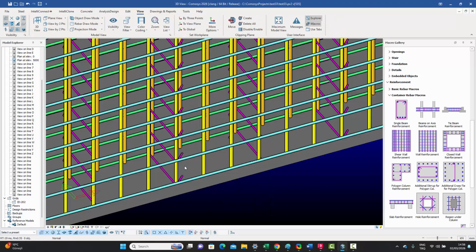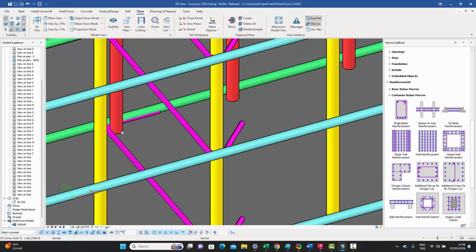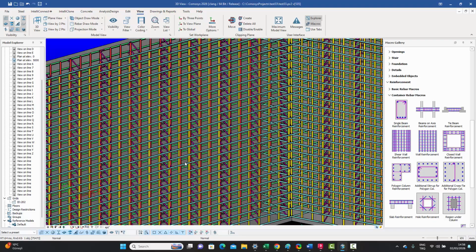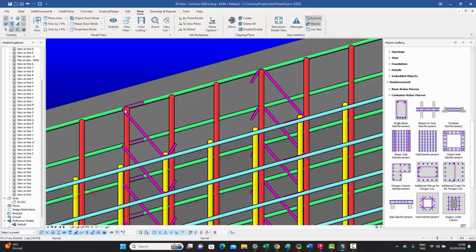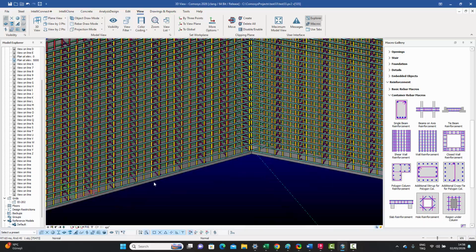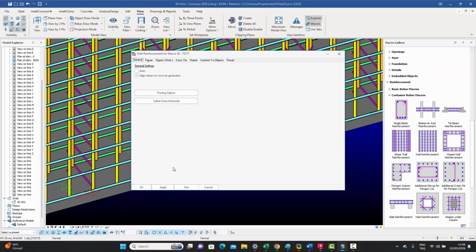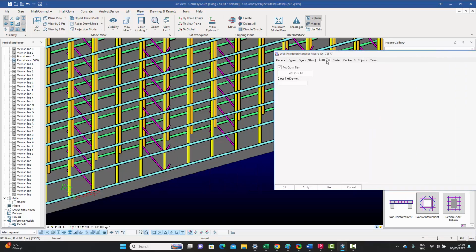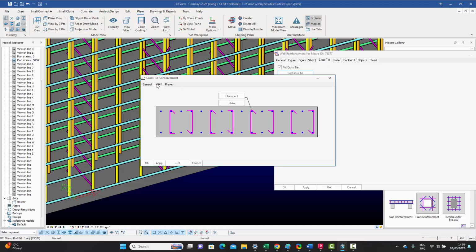If you notice from this particular view, you can see that the cross ties are starting right at the bottom of these longitudinal rebars and going all the way up to the last point. If you wanted to give them a little offset, so they start say 50 millimeters from the top or 50 millimeters from the bottom, you just need to select, press M a couple of times, and go back into your wall reinforcement macro. And inside the cross tie, where you go and set the cross tie, you can actually